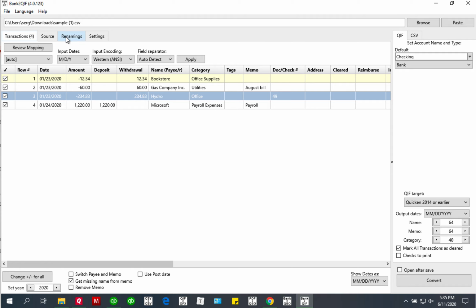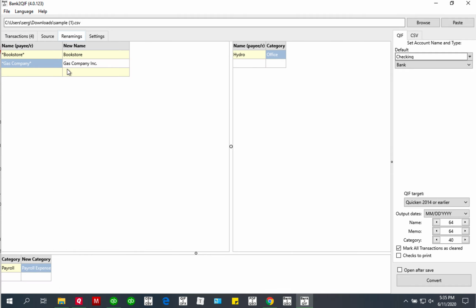Why would we do that? First, for cleanup, to clean up names, so when it ends up in your software, you don't have to do cleanup. Or the software, if it already knows your vendor names and things like that, then it would use these clean names. And second, for formats like IIF format, you have to provide exact vendor names, otherwise QuickBooks will create a new vendor record. So you have to do that to provide